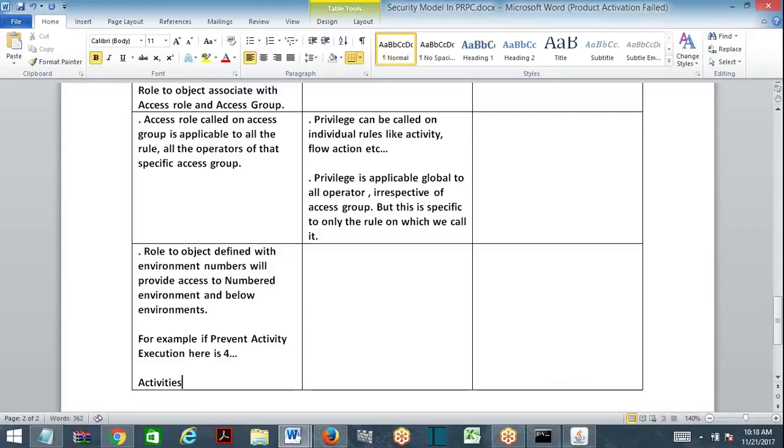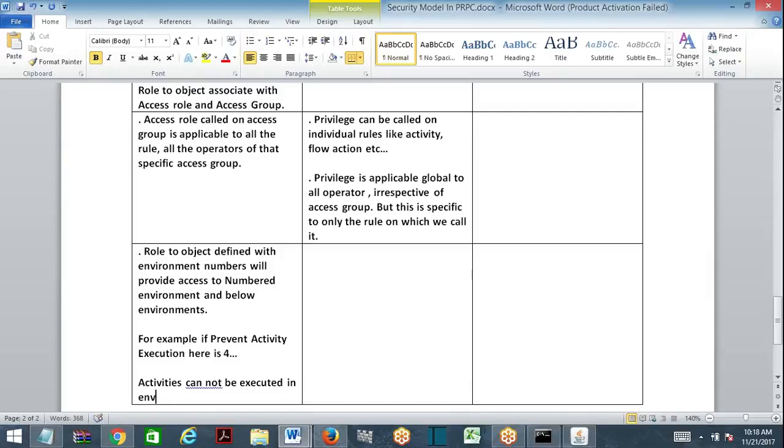Activities can't be executed in environments 4, 3, 2, and 1.